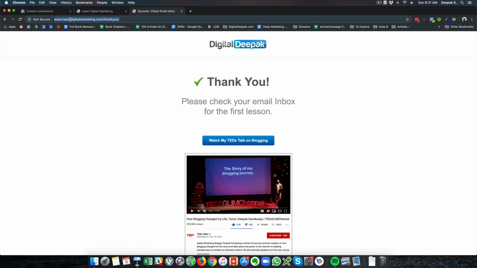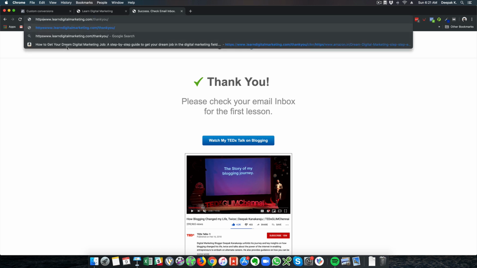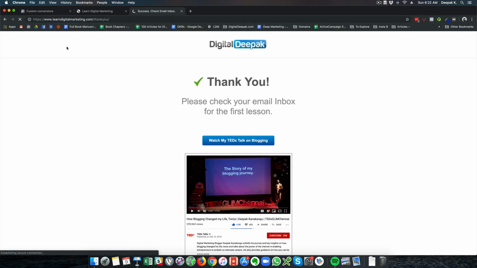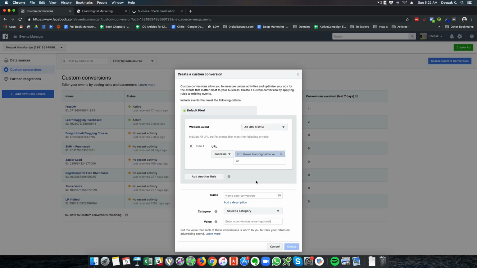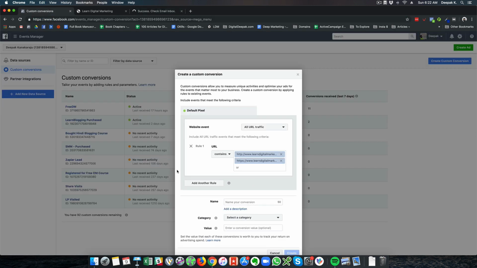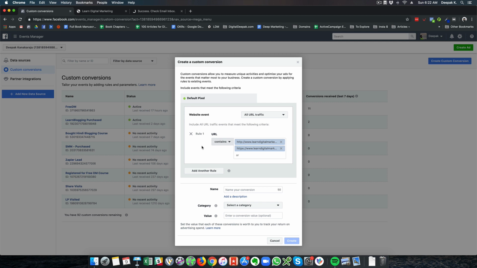I would want it for HTTPS as well, so I would go ahead and load the HTTPS version and add this also to URL contains. I can also say URL equals or URL doesn't contain, but as long as it contains, it's enough. All URL traffic is what we want.